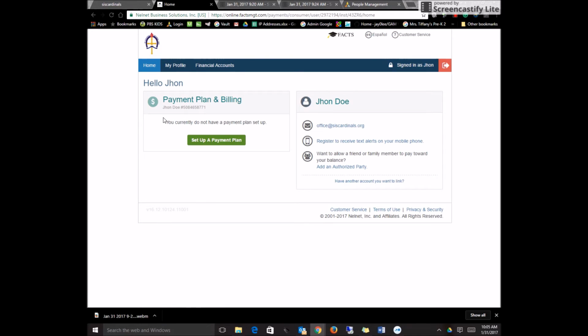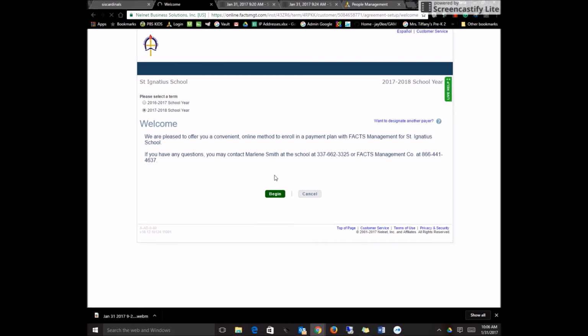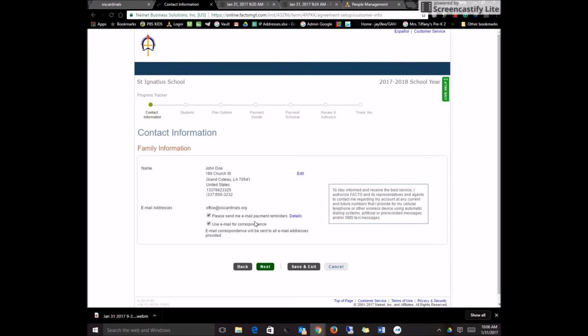If you already had a payment plan set up, it would show up here, and then there would be a small link underneath to set up a new payment plan. Then make sure you select the correct school year. So I'm going to select 2017-2018 and begin. And you can opt into getting emails with payment reminders and use email for correspondence. I'm going to hit next,